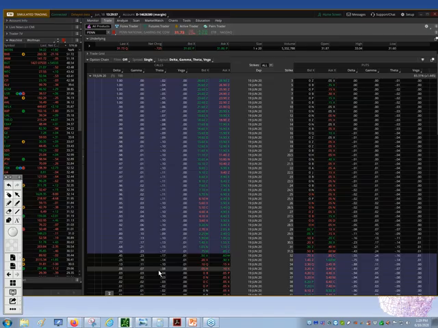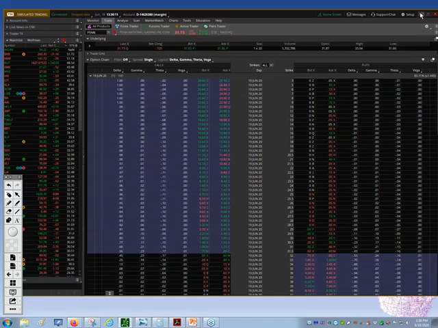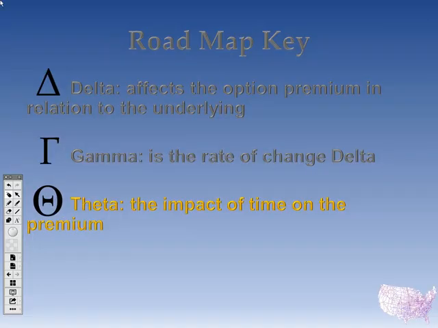He knows you're going to move and he's got to steal everything out of your house before he leaves or something. I don't know. So he's the thief in the night that comes and steals your premium. And if nothing else changes, that's what theta does to your premiums. All right. So theta is the thief.